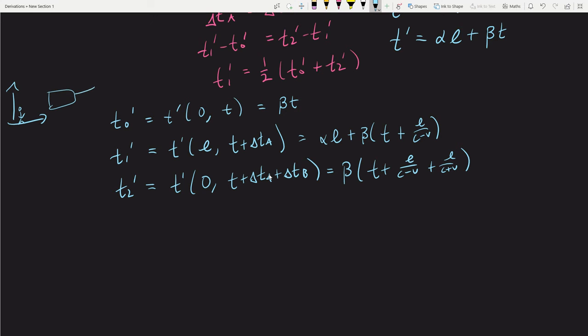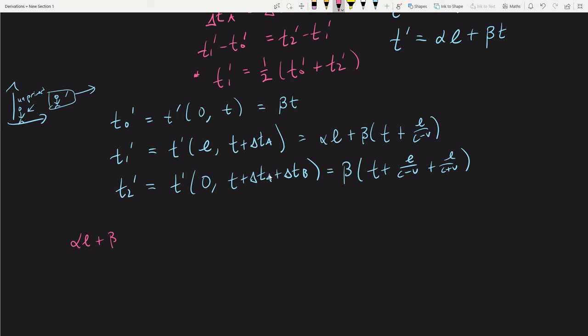And with this box flying out here, there's another person in here. So this is the primed and this is the unprimed. Unprimed is this guy. So okay, now we have this equation we have to put together, and let's do it in pink. We're going to put this one together, and we get T1 is alpha L